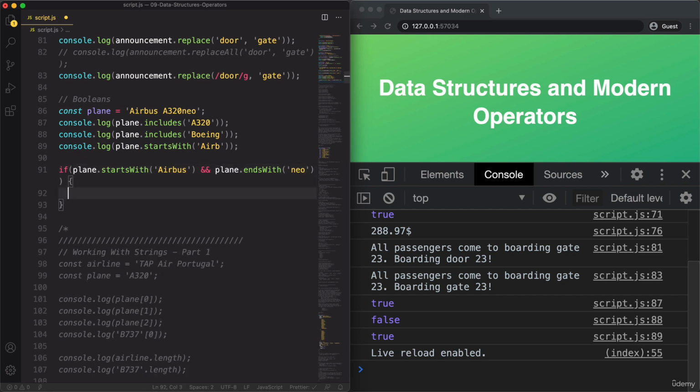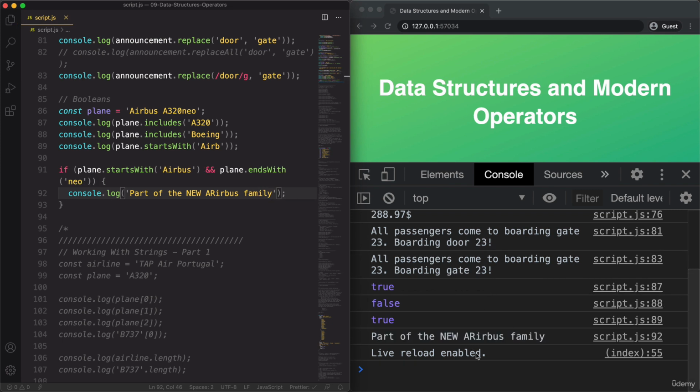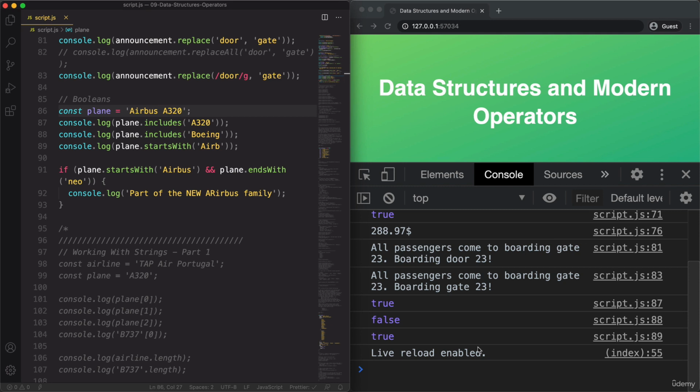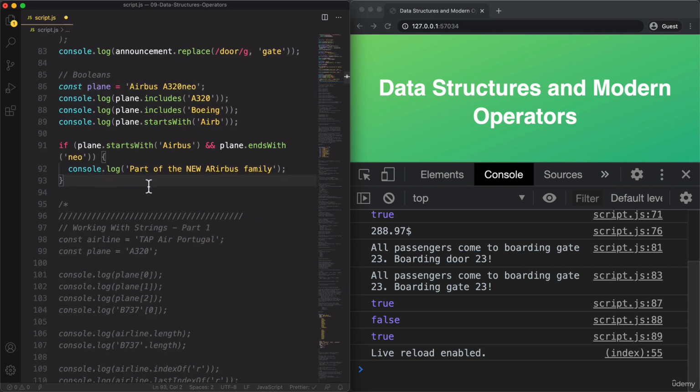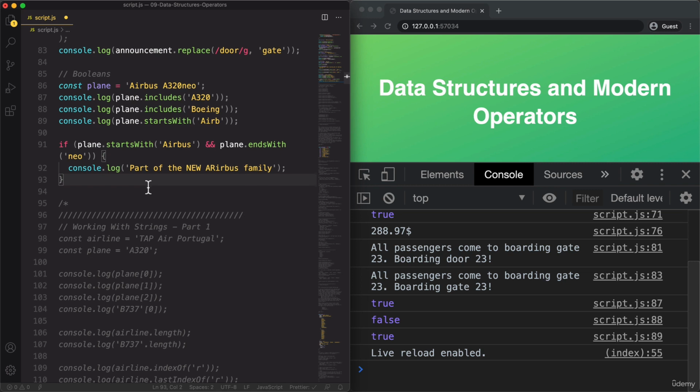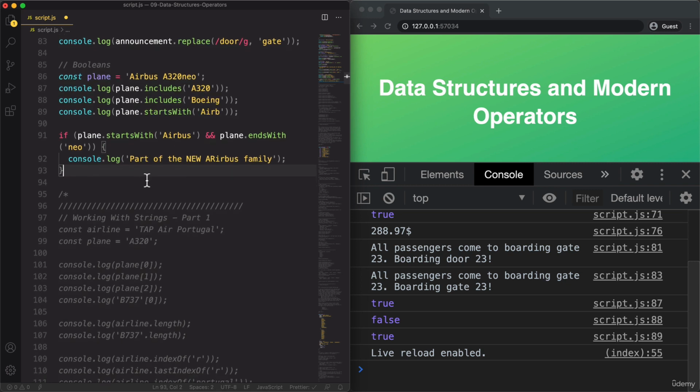So as always, these methods here that return booleans are especially helpful for conditionals like this. Part of the new Airbus family. And indeed, this one here is. But of course, if it was just the regular A320, then that would not get logged to the console. So whenever you need to take some decision based on the contents of the string, these three methods are very,